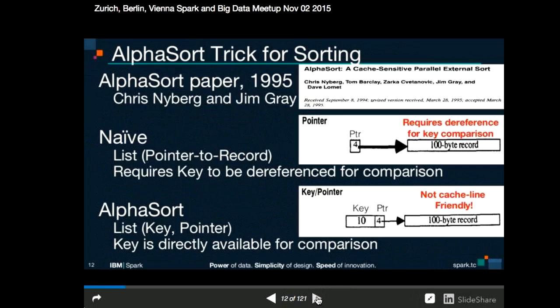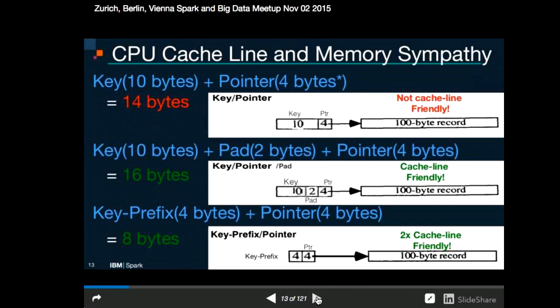What you're trying to get to, obviously, is binary, right? 14 isn't binary. But the key is there for comparison, so that's cool. But I think we can do a little better. So, 10 plus 4 is 14. Let's pad it. Let's put 2 bytes of padding. It's kind of wasteful, right? Why would we do that? But it actually does